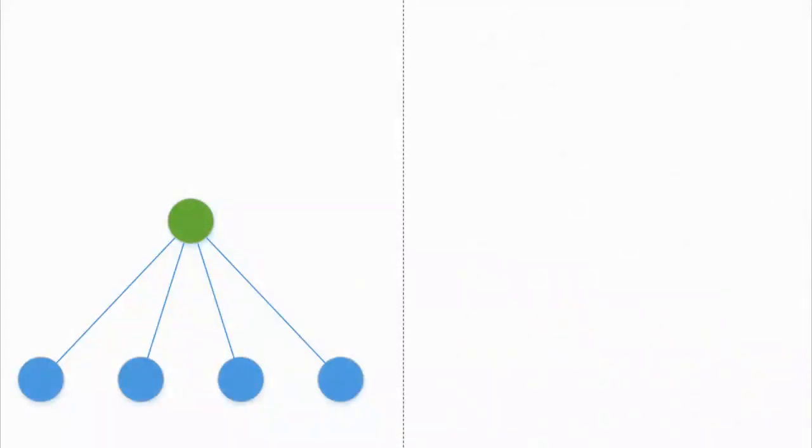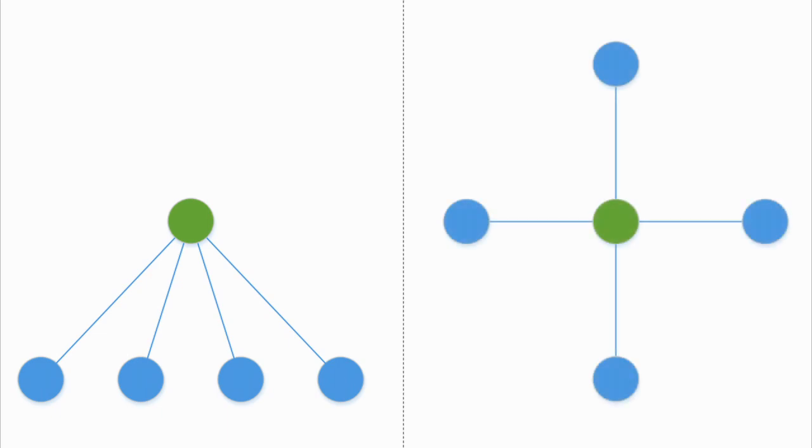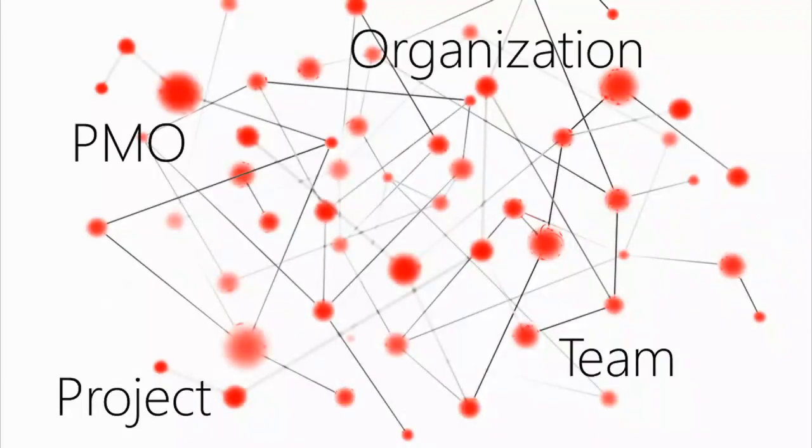In that model, we move from a command and control model, which is kind of your traditional project management model, and we move towards one of collaboration, right? This is what PM 2.0 talks about. Now, the thing is, this is nothing new. And people have been talking about this for a long time. They've been talking about this in the context of organizations, right?